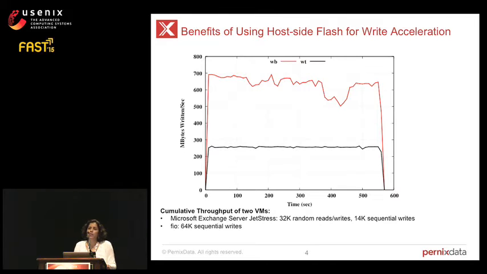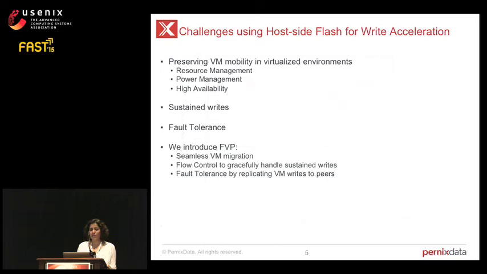So are there any benefits? The graph here on the y-axis plots the cumulative throughput of two virtual machines, one running Microsoft JetStress, the other being FIO. It's a mixture of reads and writes, running in write-through versus write-back. And we can see that the throughput with write-back is clearly much better than what you get in write-through. And so there are benefits, but there are challenges when you want to use Hostsite Flash